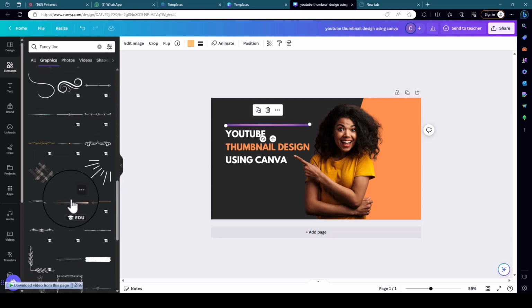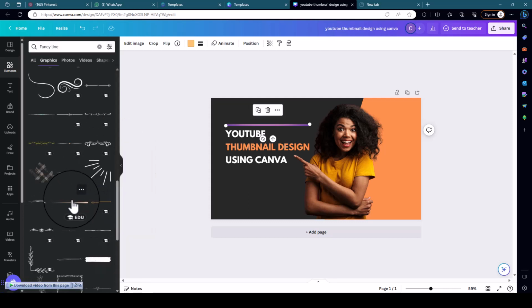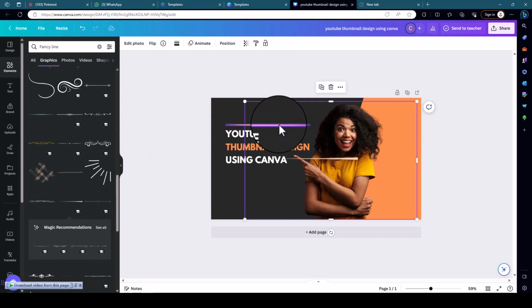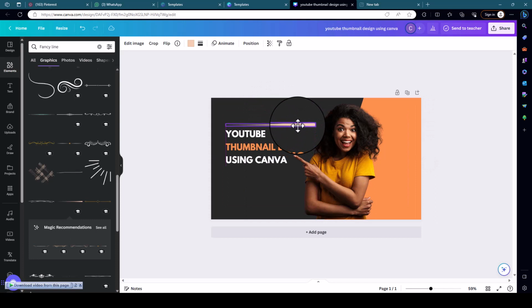Okay, I like this one. What's the name? Fancy line accents, decorative element. So let me take this one. I can now go ahead and delete this one, pick this one and place it here. Resize it